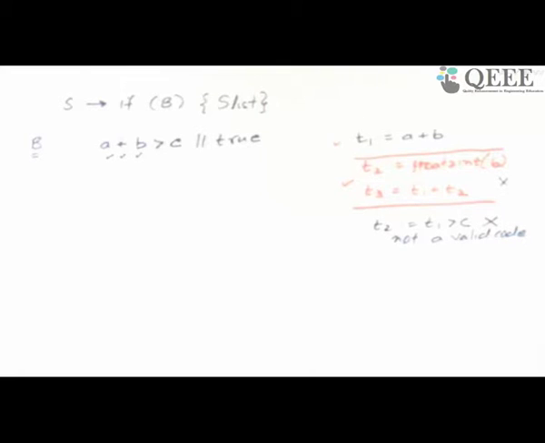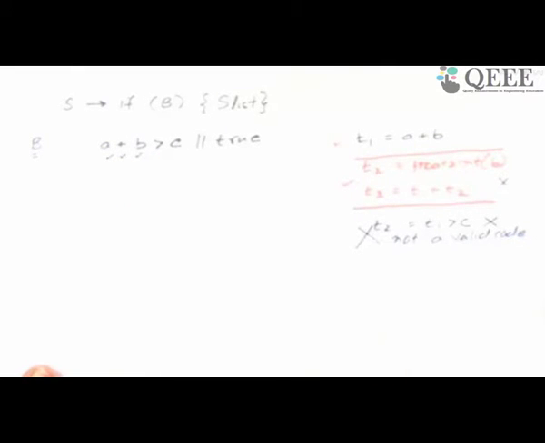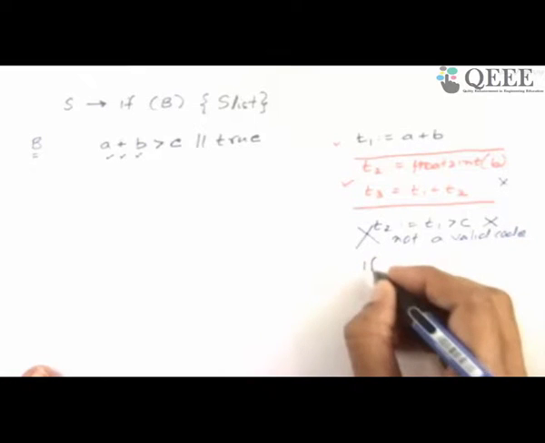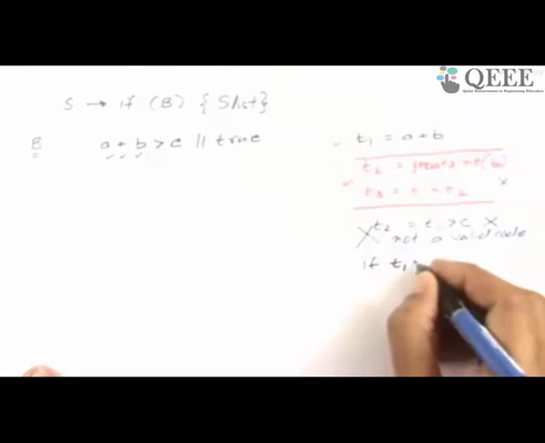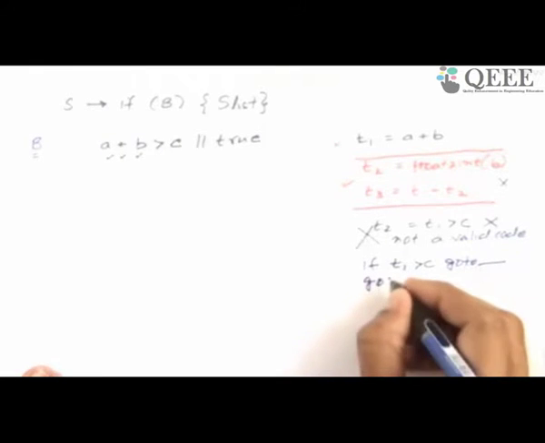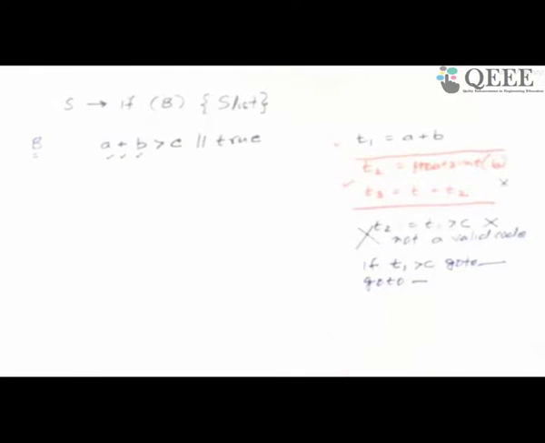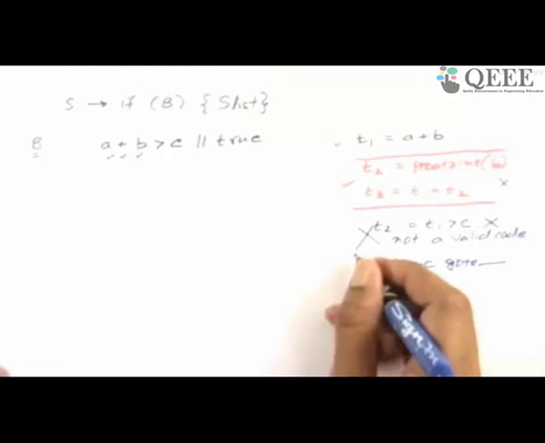So what do I do now? Intermediate code people said this is not what you should do. Since there is a comparison, we'll give you some operations which are very close to the comparison operations of a machine. So what they have given us is something like this. I can issue out code like this: if T1 greater than C, go to I don't know where, followed by go to I don't know where. So observe what it has done. It's saying, if this expression evaluates to true, then do something. This is only one part of code translation.